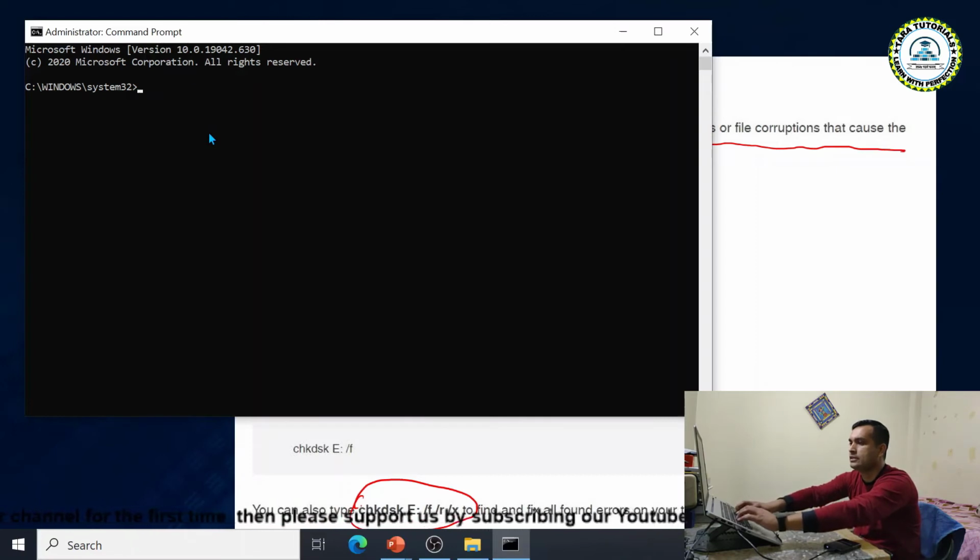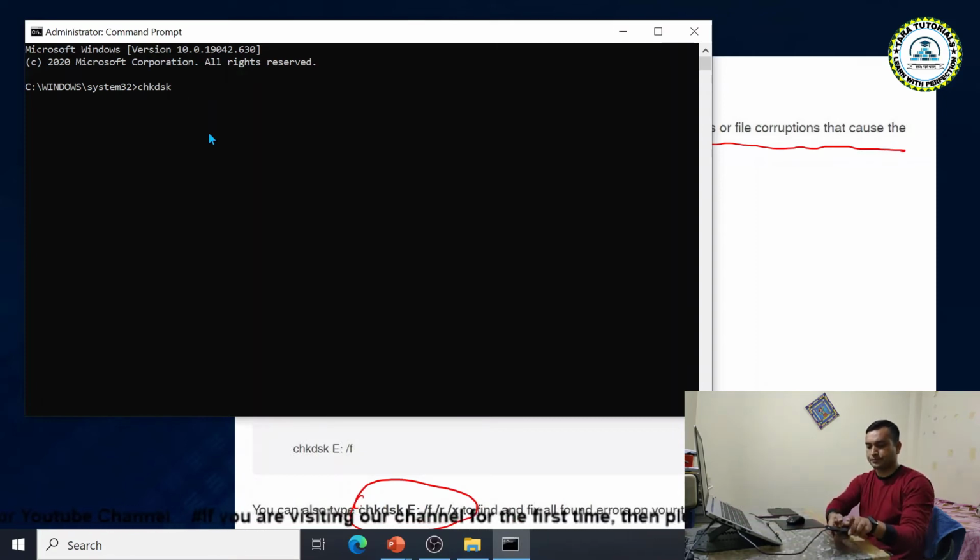Now you can type the command chkdsk, space. If your disk is visible in Windows Explorer, it will show the drive name.